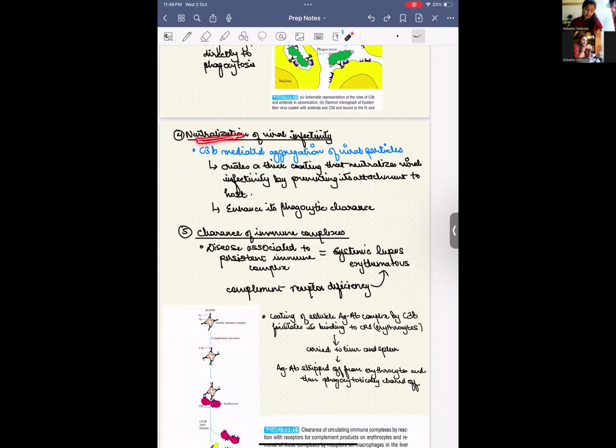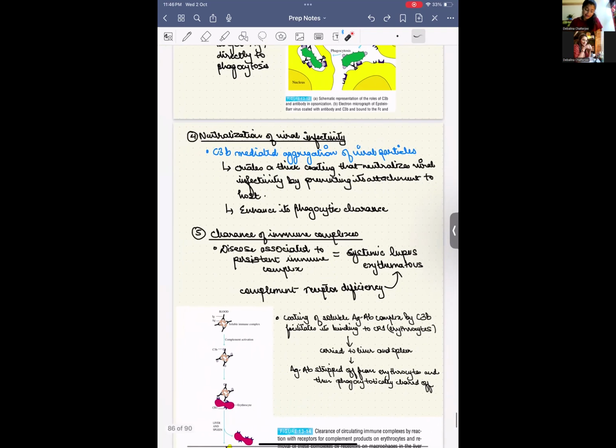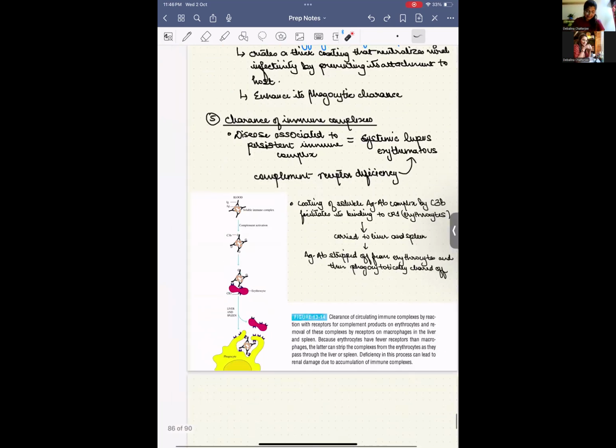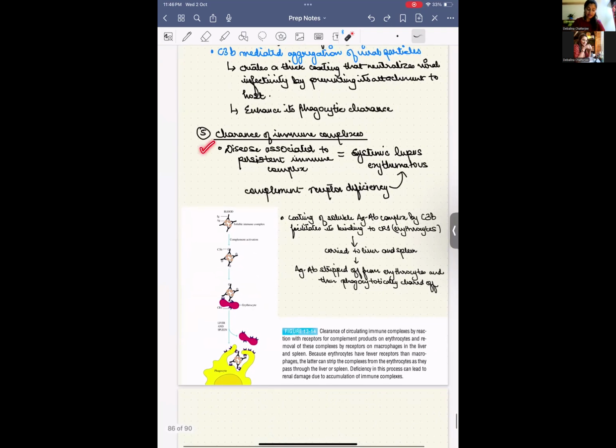Why neutralization? Because in the process of binding the viral particles, it forms a thick coating on them that neutralizes the infectivity of the virus and prevents it from attaching to the host tissue or cells. And lastly, the process of clearance of your immune complexes, wherein